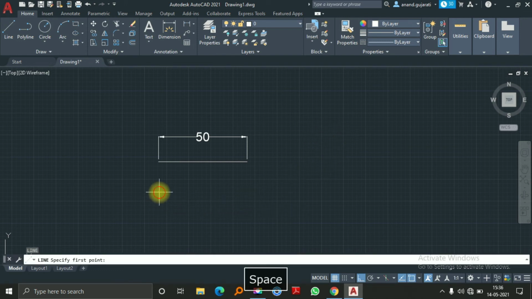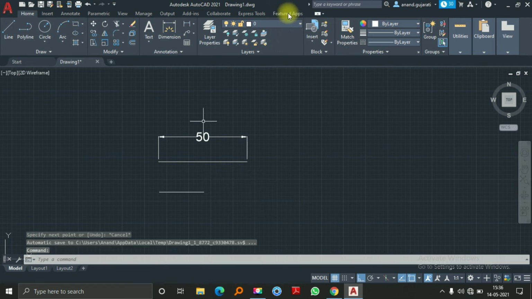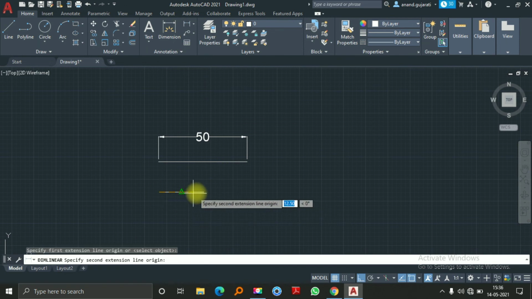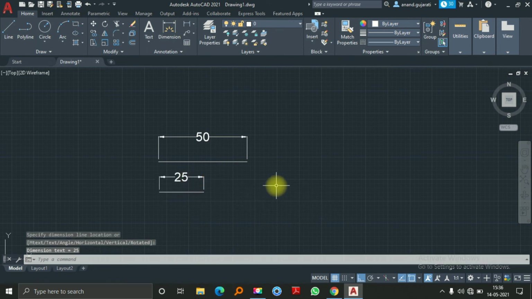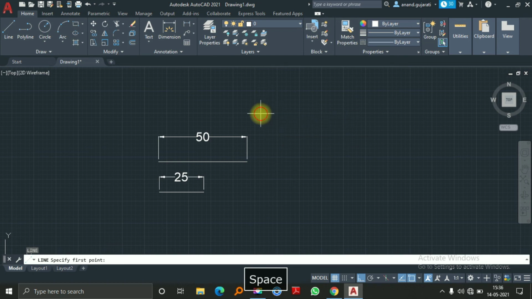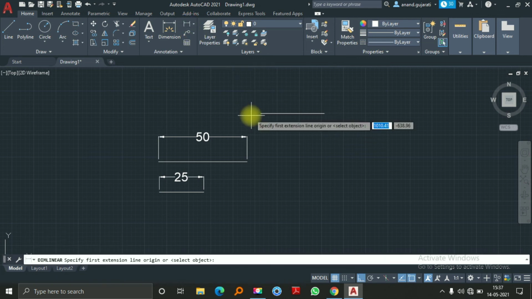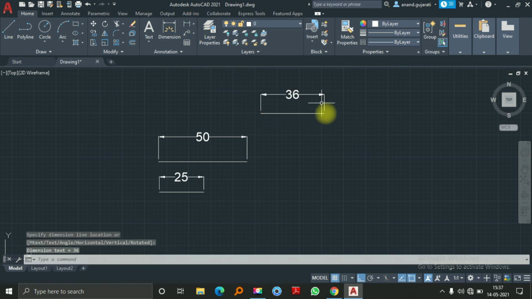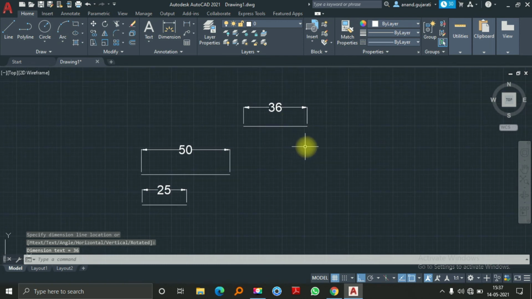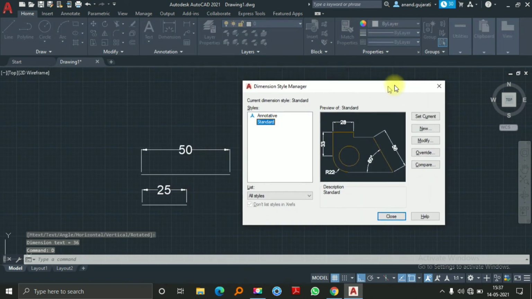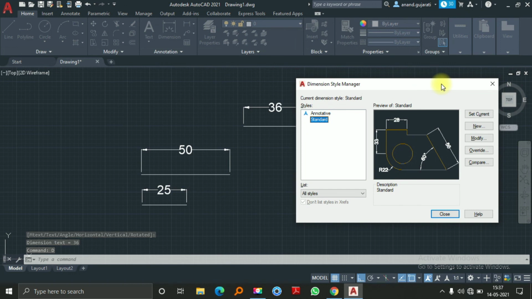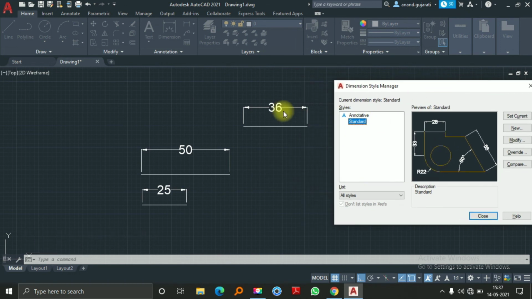Now whenever you give a dimension, for example I give 25, and I specify the dimension, it will reflect as a decimal value. For example, right now if I give 36, and I show the dimension through the dimension manager, and I change the format from decimal to engineering, it will give you 3 feet. Let me show you.